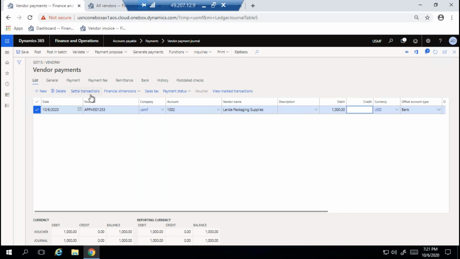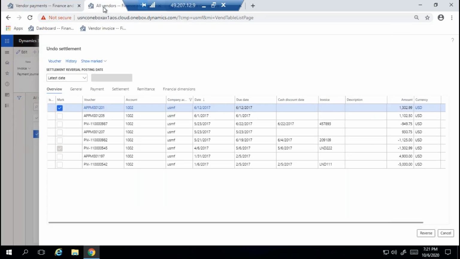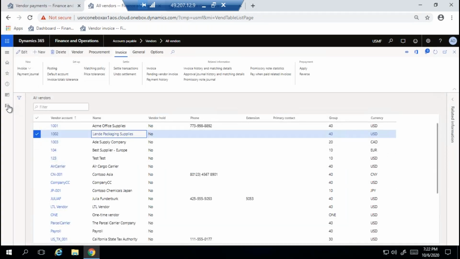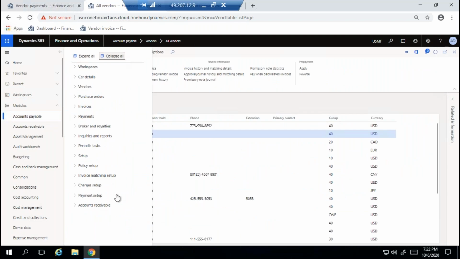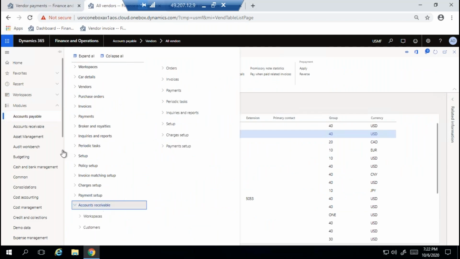Whenever you are doing it, it is better to use the settlement process or generate payments. If you are doing this, automatically it will be updated in the system. Otherwise, you have one option, one-to-one, means first in first out. That is also available. Means the first invoice will be settled against the first payment. That is available as auto settlement.